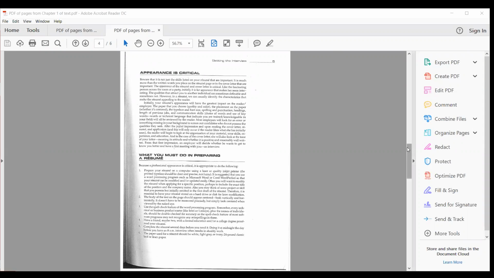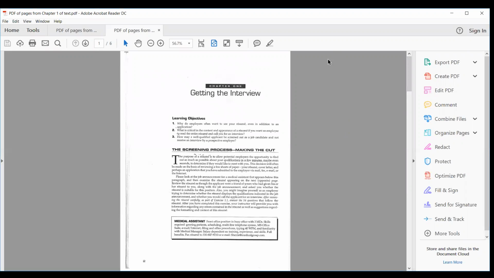So this actually starts off with basically why do they want to see your resume even in addition to the application? Well, there's a couple of things. Resumes are generally a quick one-page. Most employment applications are multi-pages, and they don't want to wade through multi-pages of applications until they've decided that they like you. Why do they want the application? Well, in addition to the information on your resume, your application will have a lot of other kinds of information that they need for getting you set up.